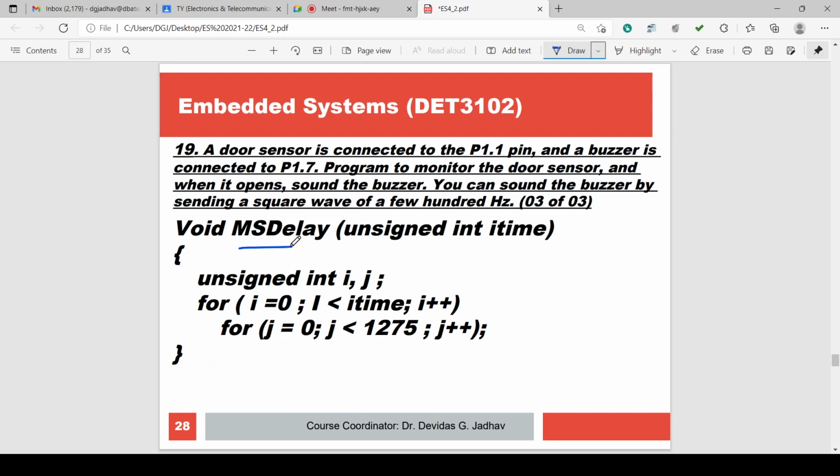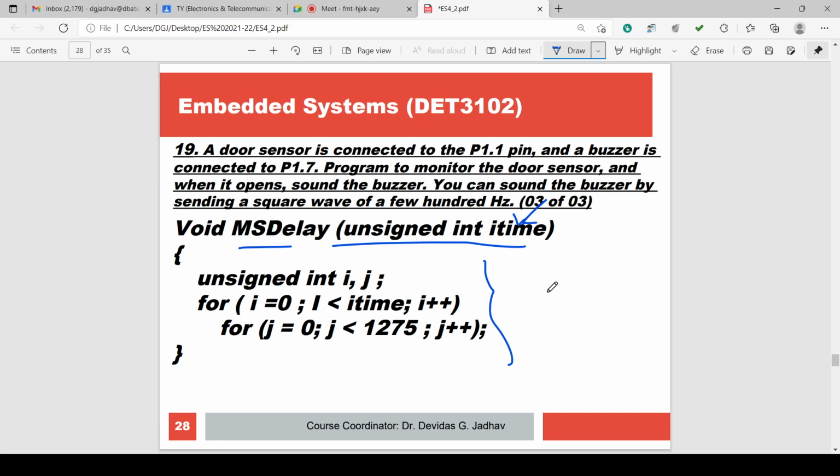And this is the msdelay function with unsigned integer itime as the argument. Unsigned integer i, j: for i equal to 0, i less than itime, increment i; for j equal to 0, j less than 1275, increment j. This delay function program we have discussed many times previously.